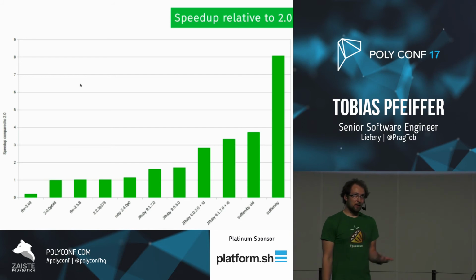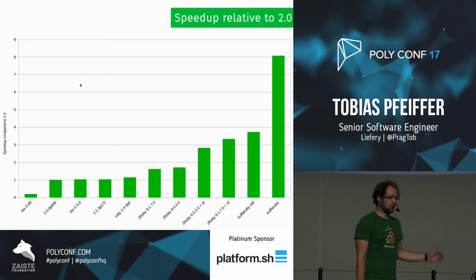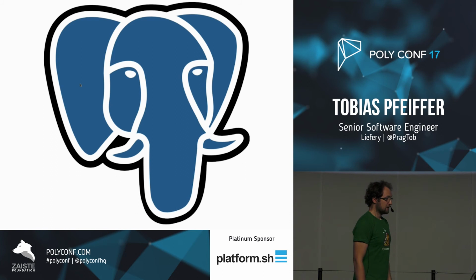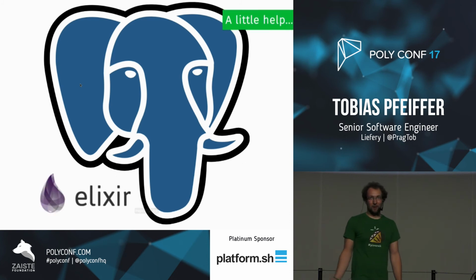I ran that very quickly a couple of days ago with MJIT, and the results weren't anything breathtaking. But then again, MJIT is very, very early, and maybe they haven't optimized objects and classes and all of that yet. So let's go to another benchmark, SQL, but with a little help from Elixir,